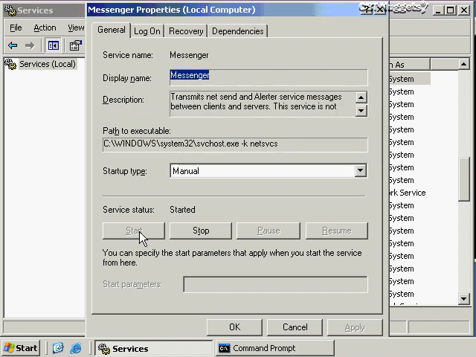Now, the reason why this service is not started automatically, and why a lot of the services that you might have been used to in the past are not started automatically in Windows Server 2003, is it's just an additional security measure. You never start a service unless you know you need it. Why? Well, I don't know of any exploits against some of the services. However, it's only a matter of time before someone exploits them. I'll give you an example here also with the Messenger and the Alerter service.